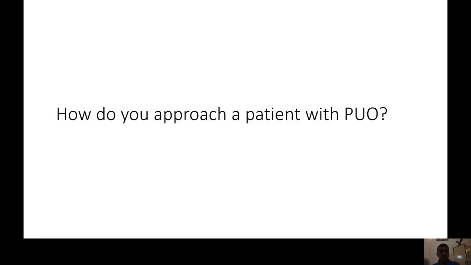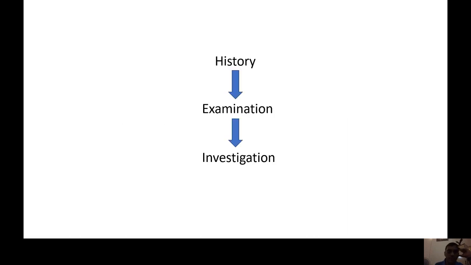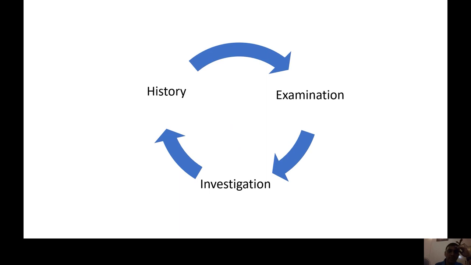From this point onwards, we will discuss the rational approach to a patient with PUO. As I said, the most important thing is you should be able to differentiate the dangerous causes that can potentially kill the patient from benign conditions. With any condition, the traditional approach is history, then you examine the patient, and finally investigation. But when it comes to pyrexia of unknown origin, we can't have this sort of linear approach. It's going to be more like a circular approach like this, where you take the history, examine the patient, investigate, and you might have to repeat this cycle over and over until we get a diagnosis.